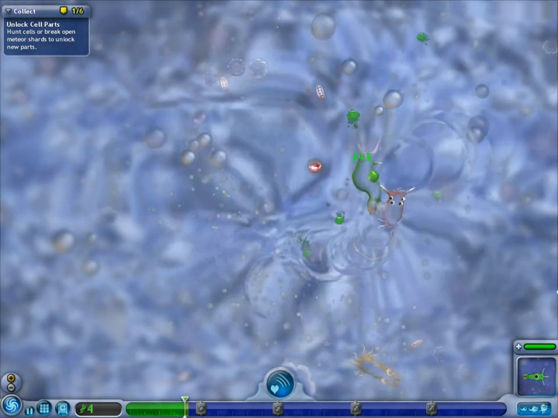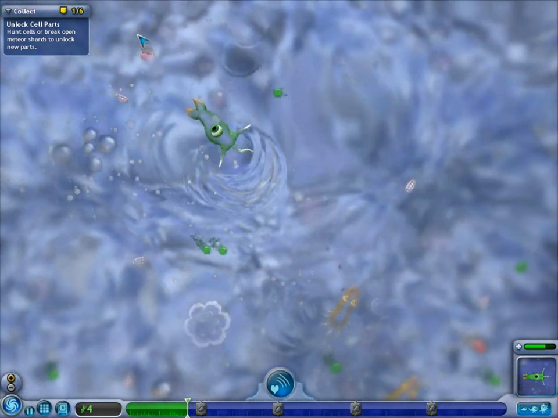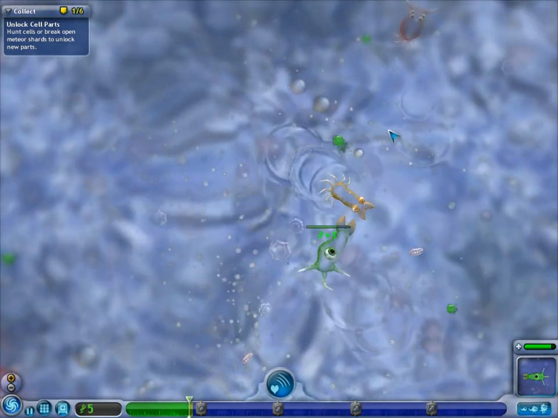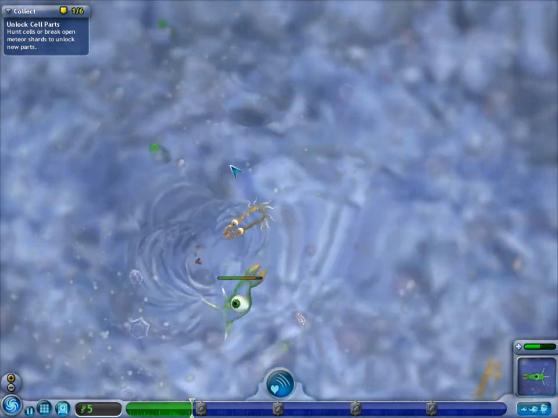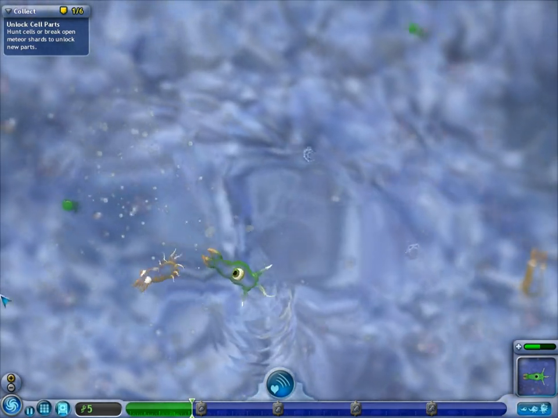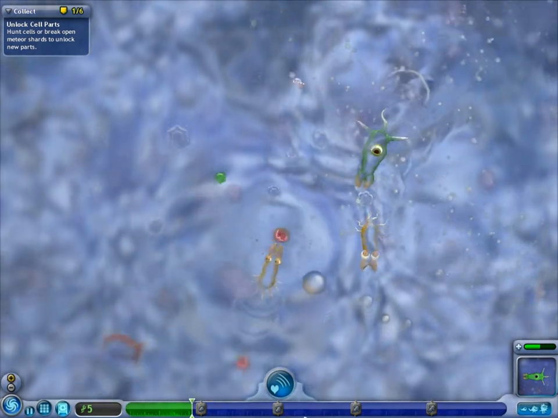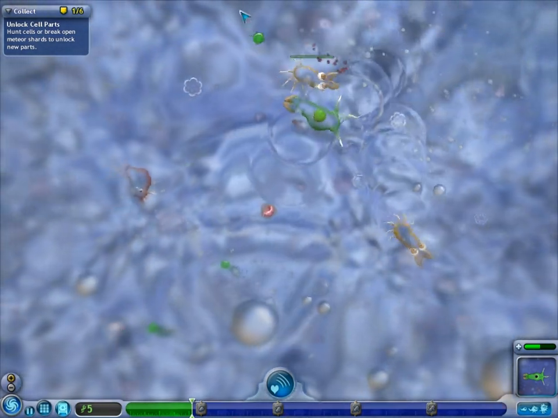Alright, oh, see, I got poked by that dude there, but I got him too. And then the way you heal yourself is by eating. Of course, eating pretty much solves all your problems on Spore. I don't know how he managed to bite me. Finish him off. See, now he's got cilia there instead of...